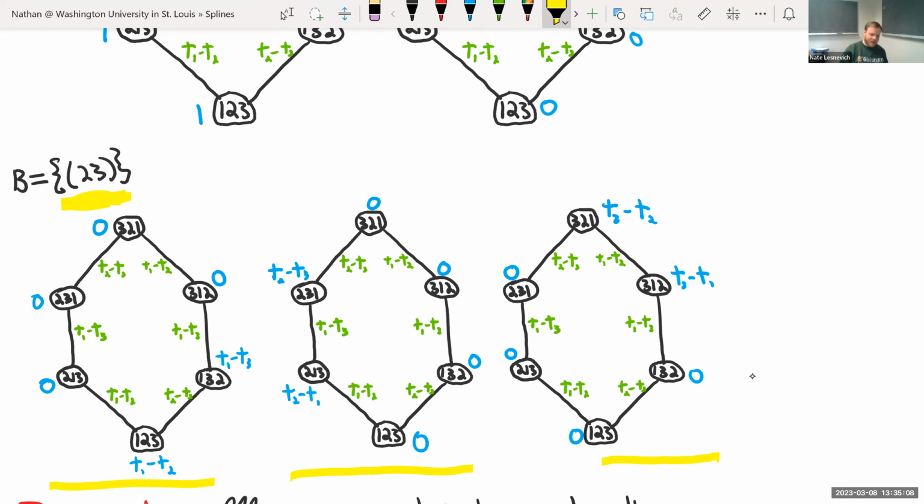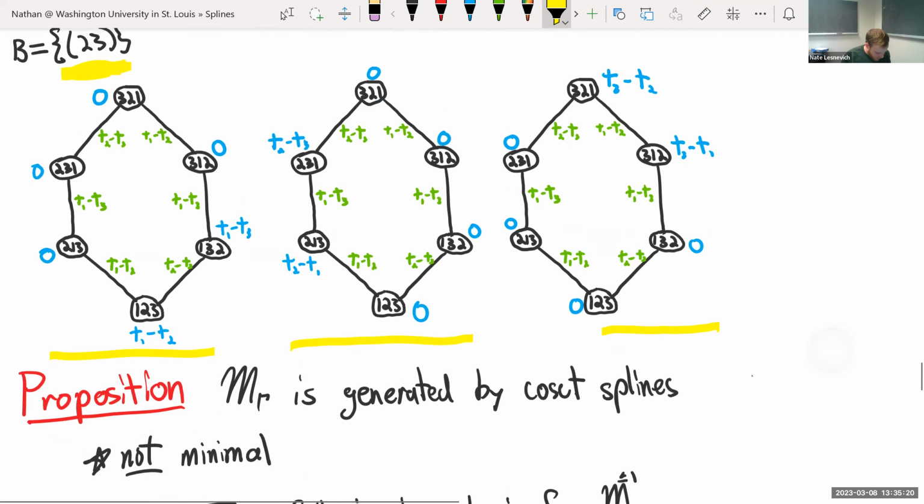And there are 3 more. If we were to just take the transposition 1, 2, they look very similar, they're just on the other 3 edges. All right, so